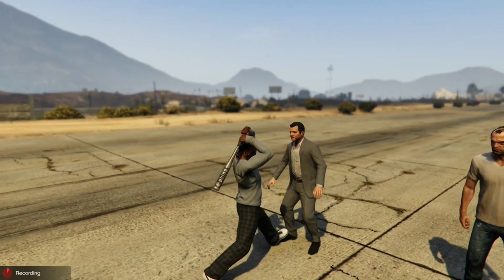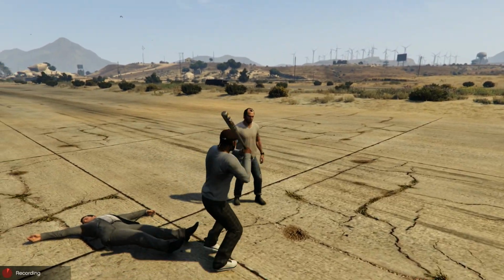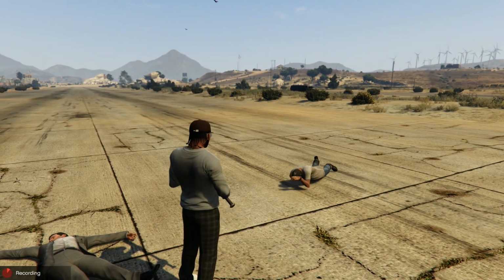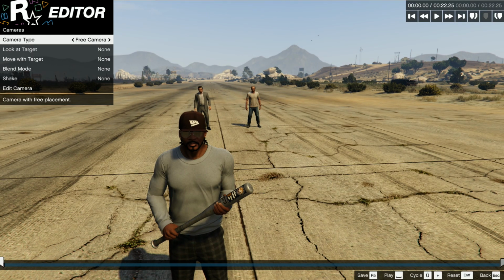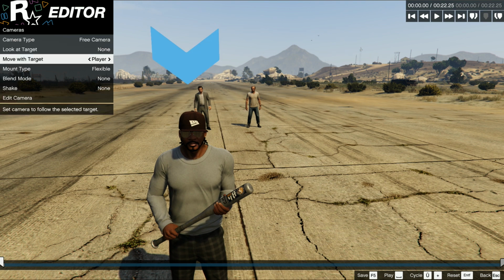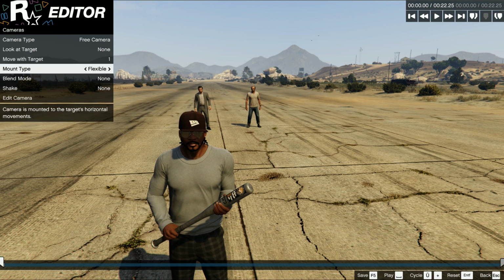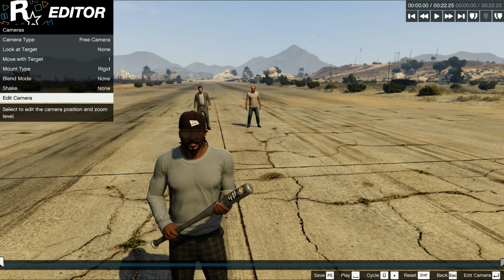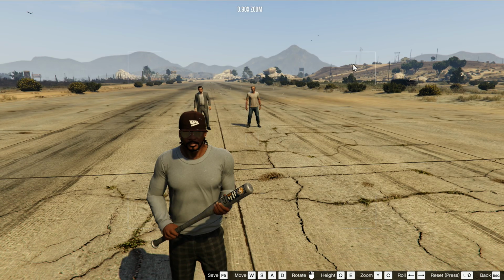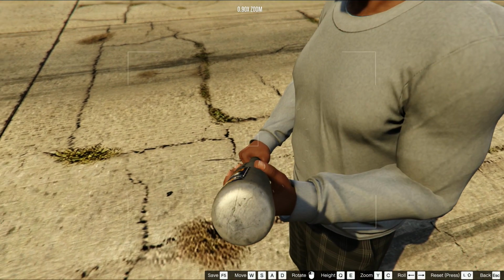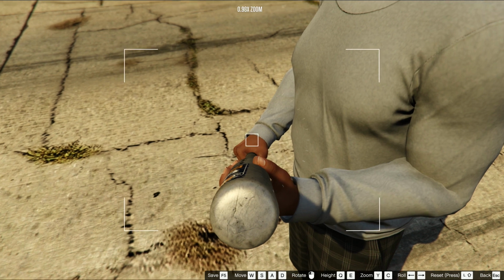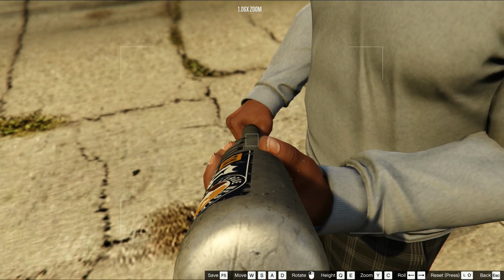When you're done recording, switch over to the Rockstar editor. This is where part 2 of the magic is happening. Even though the attached ped is invisible, you can still use the option Move with Target on that character. Make sure to set this value to rigid. Then place your camera in a way that the desired prop or inanimate object can be seen while moving. I'm gonna attach the camera somewhere up here and put the center of view right onto the right wrist.